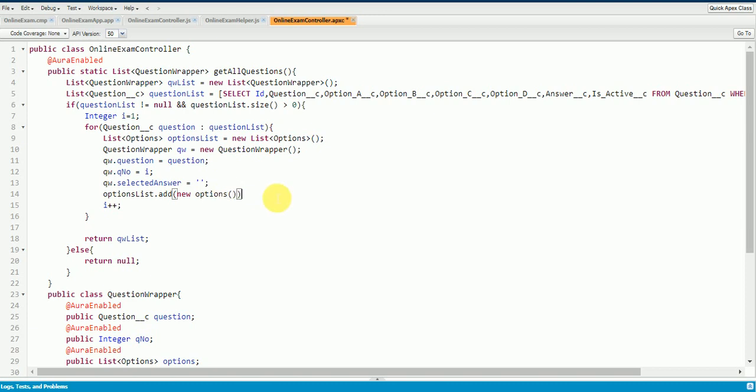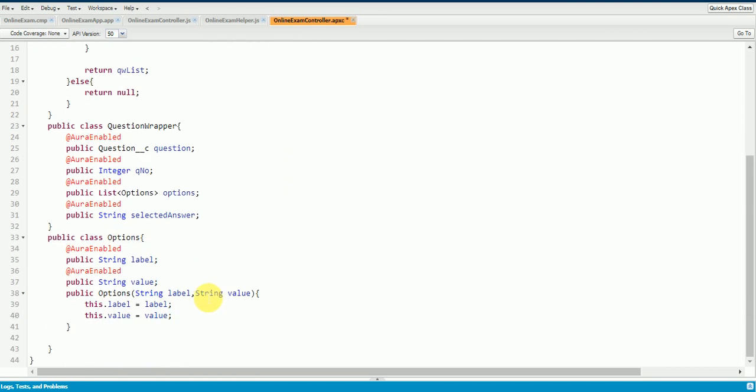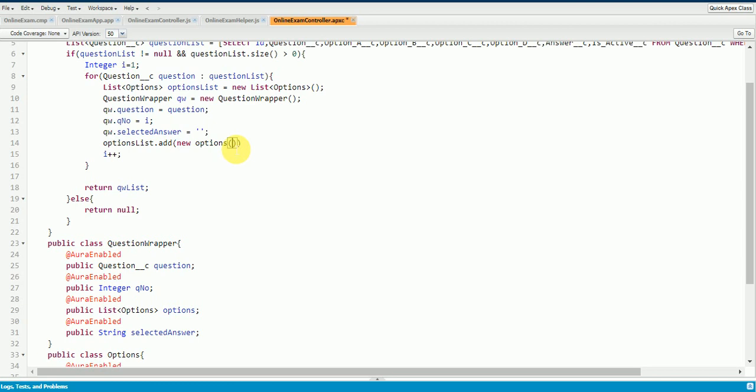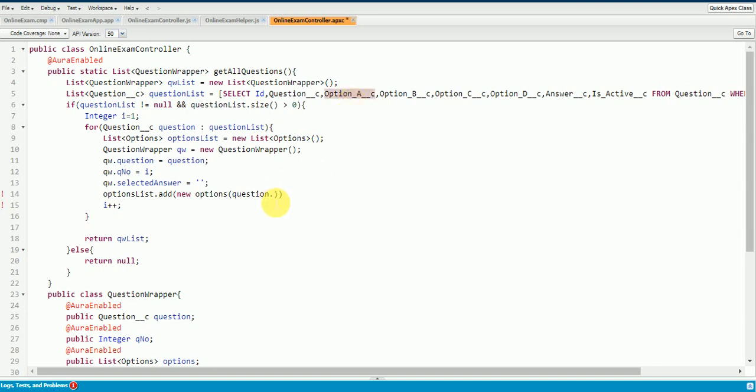First I'm going to pass the label here. The label is nothing but question.optionA, and for the option A value, the value is A. That's it.